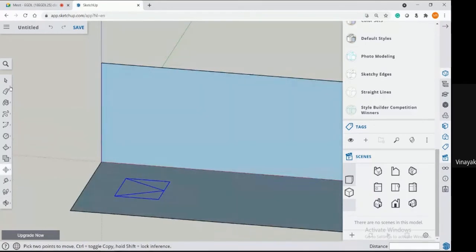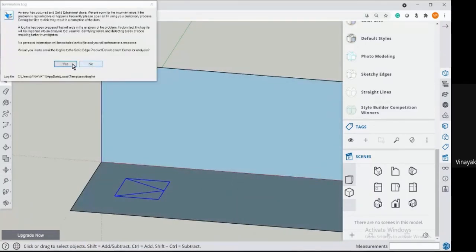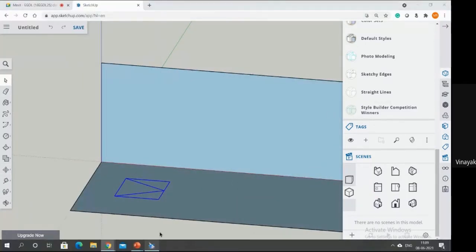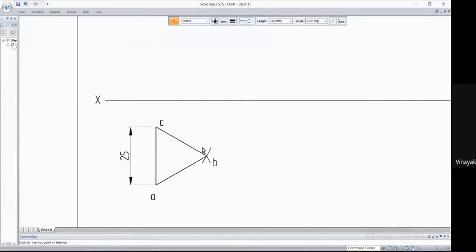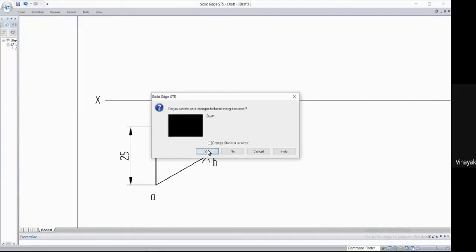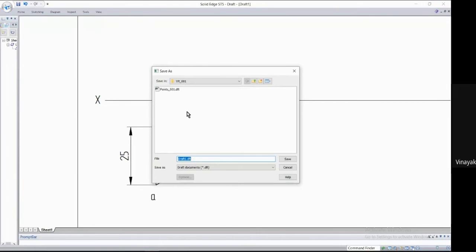Let me save this projection of planes, underscore your roll number, results.